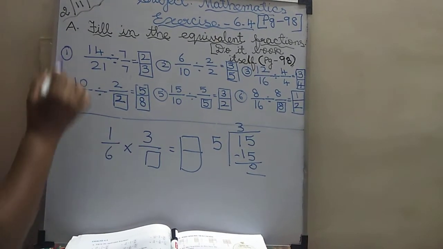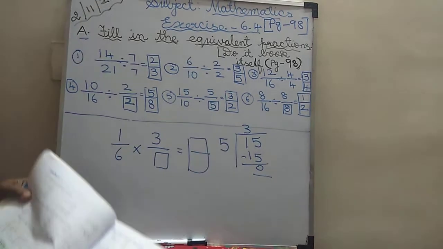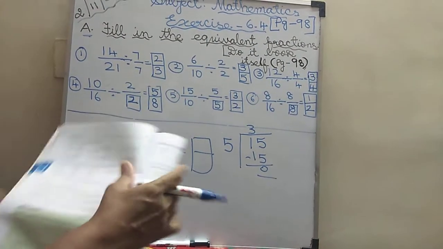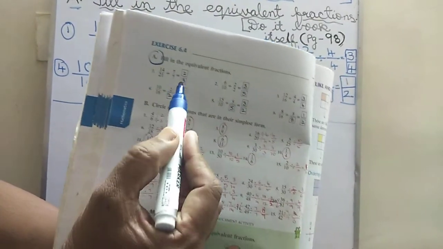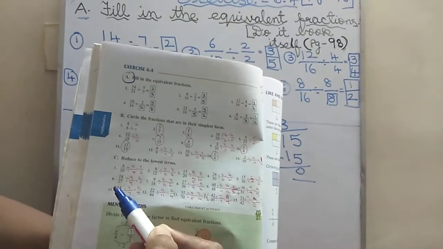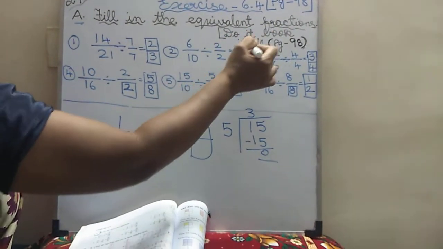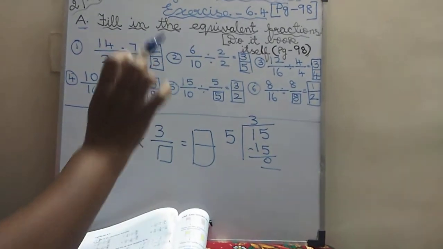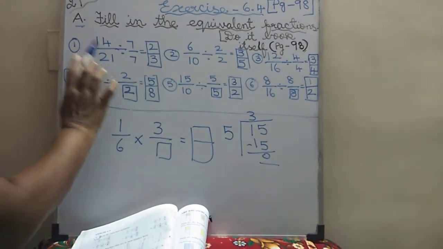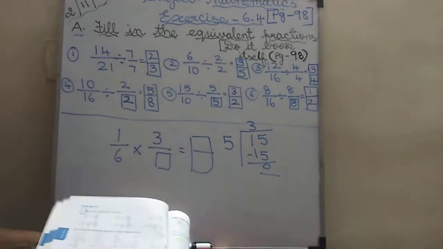Children, listen carefully. This A1, you can do it in the book itself, because you can't write the fill in the boxes in the notebook. Can you see here? This one you copy down in the book itself. Don't forget, and the B1 and C1 you can do in the notebook. Understood children? I have written, do it in the book itself, page number 98. So don't have doubt and ask me again and again. Okay children, we'll move on to the second Roman letter.